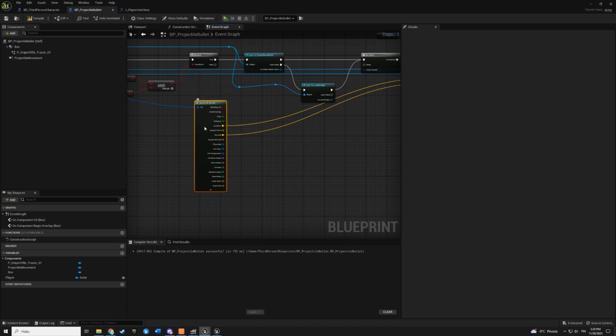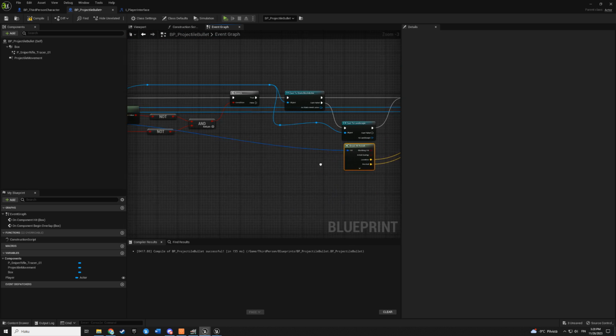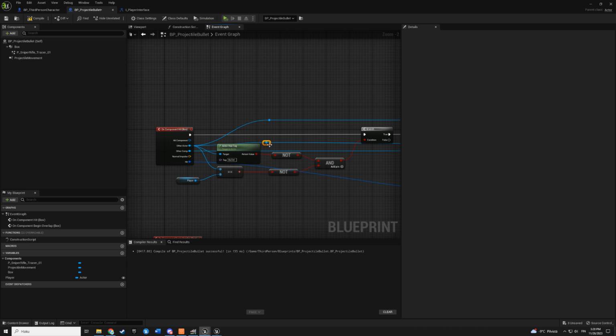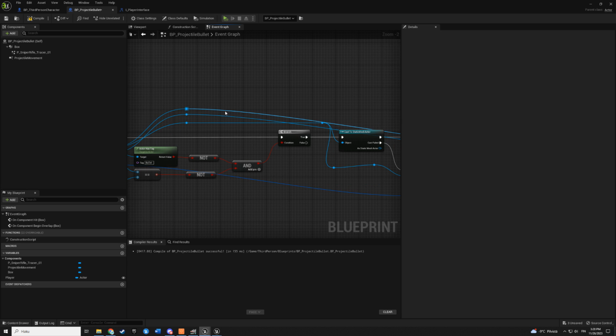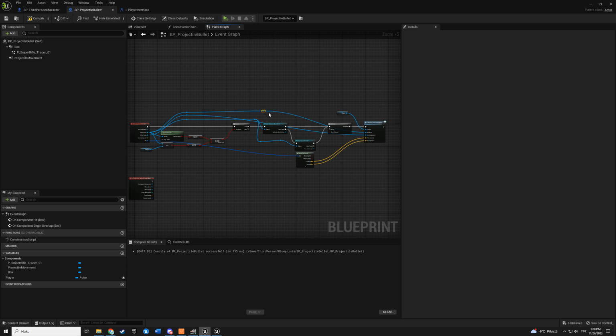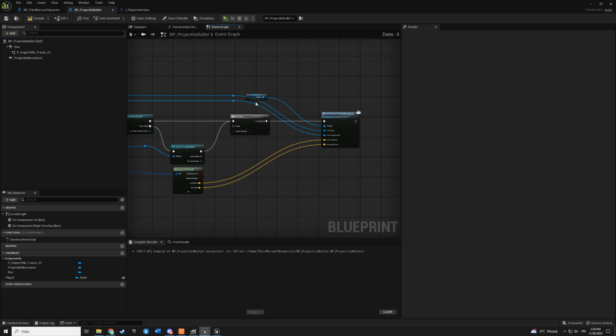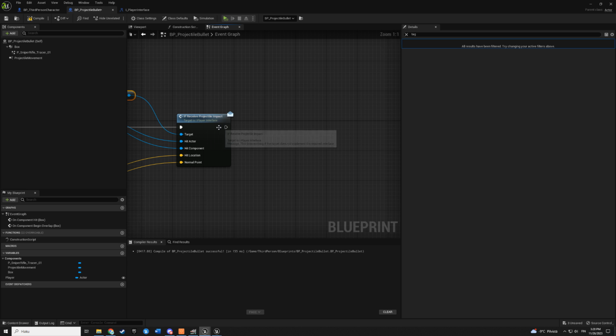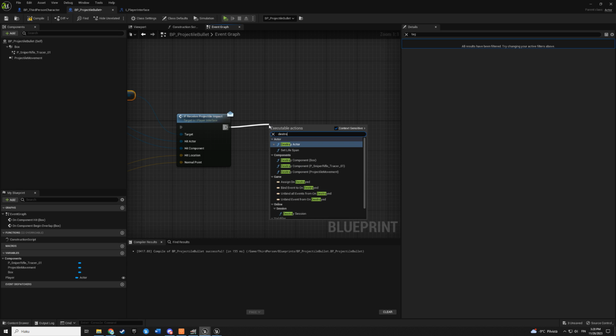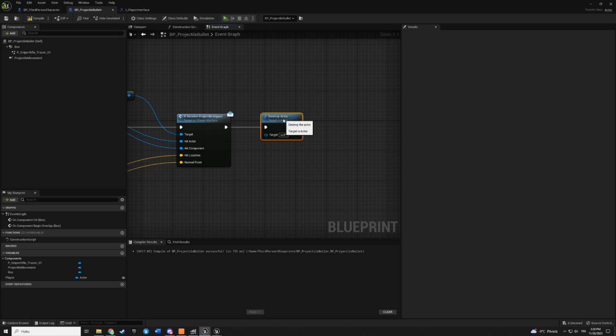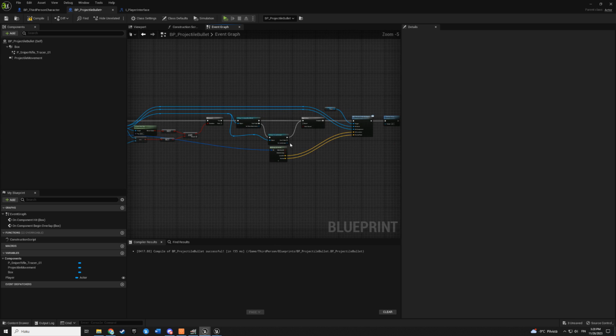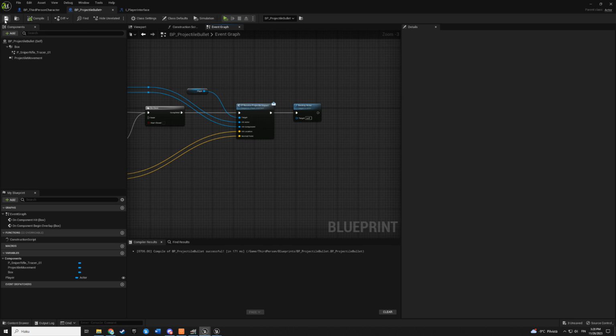Make sure those are correct. Then you can make this look a little bit better by doing these reroute nodes. Just like that. Then we want to destroy our bullet. So destroy actor. And now I think this is good.